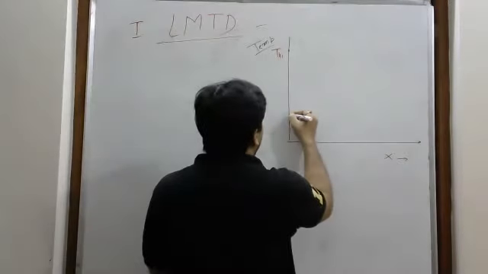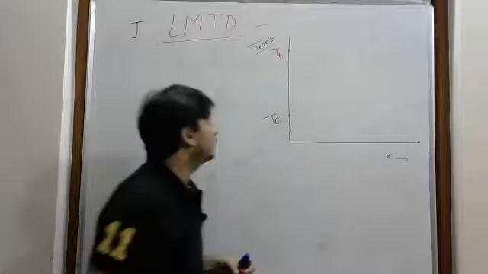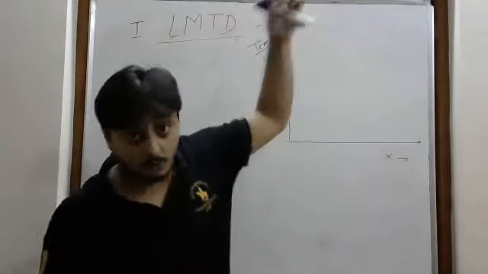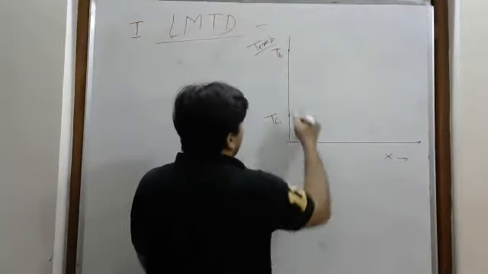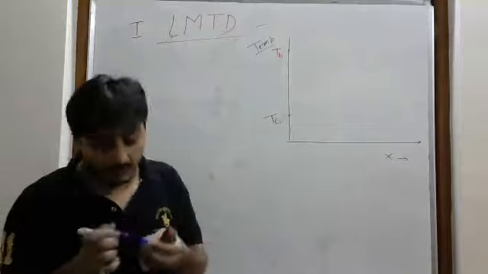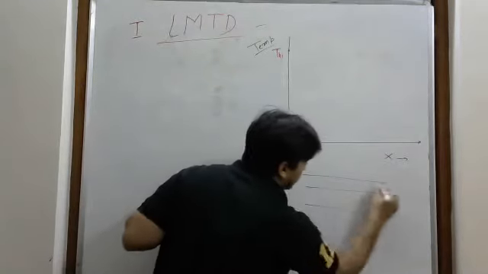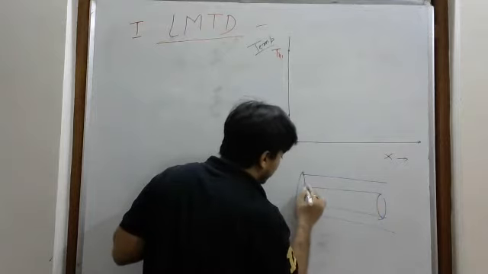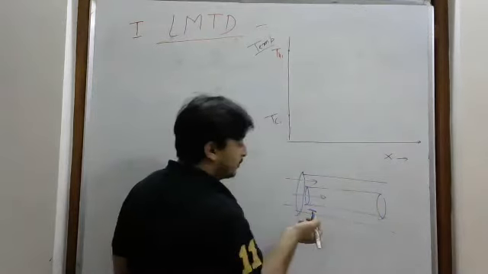So I am taking the temperature of cold fluid at the inlet. This is the temperature of the cold fluid at the inlet. Definitely the temperature of hot will be more and the temperature of cold will be less. So what will happen? This is going to flow inside that. I have shown that diagram: this is one, this is the other, and this is surrounded by this one. So from here cold fluid, hot fluid is going, or from here cold fluid is going, like that.